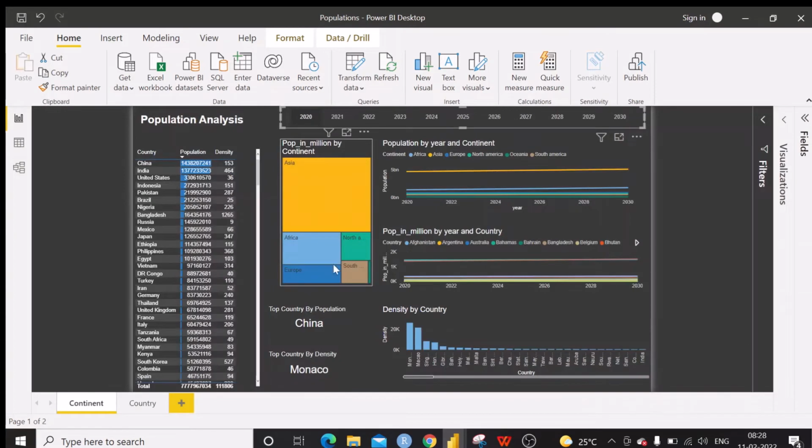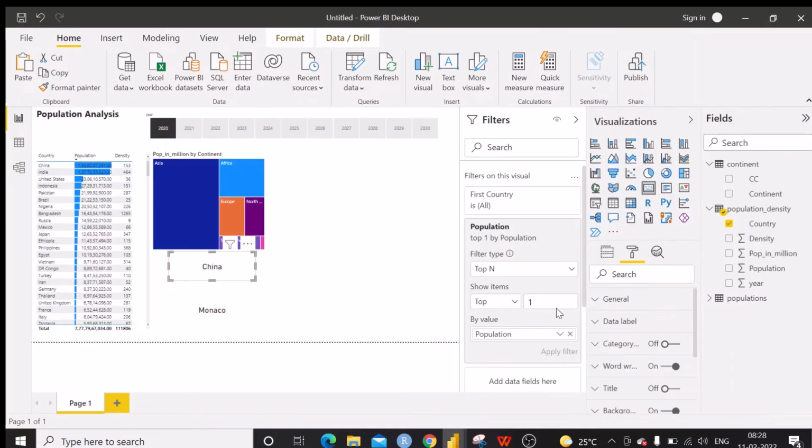Thus the title is top country by population. So for which we can go to the title, we can say it is top country by population.